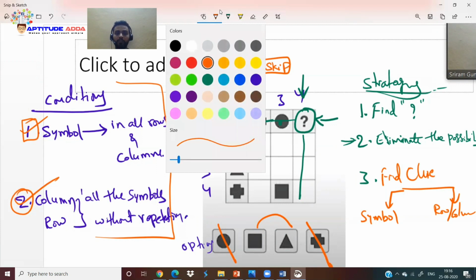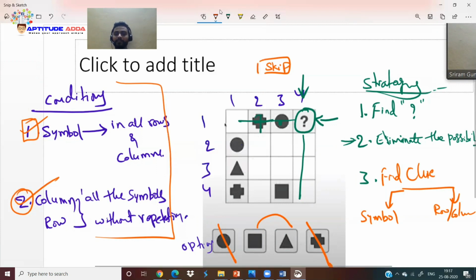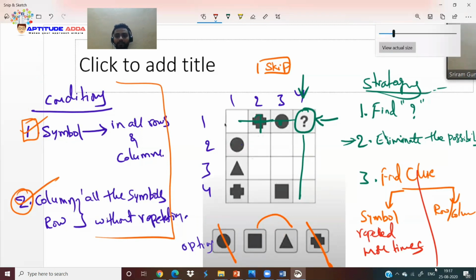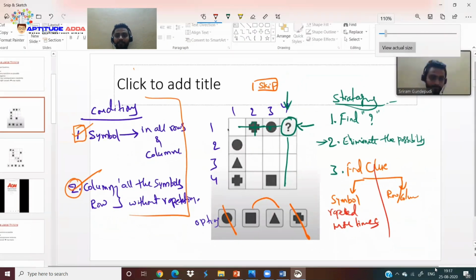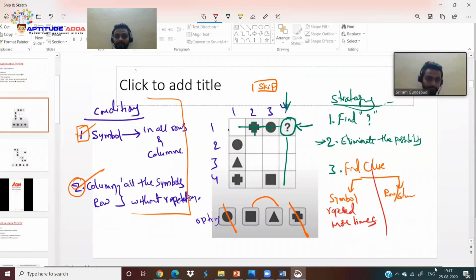I'll tell you how to recognize if the symbol is a clue or not. Check for the symbol which is repeated more times, it can be a clue. I said it can be a clue, not the exact one. And if it is a 5 by 5 grid, remember at least three times the symbol should be repeated.